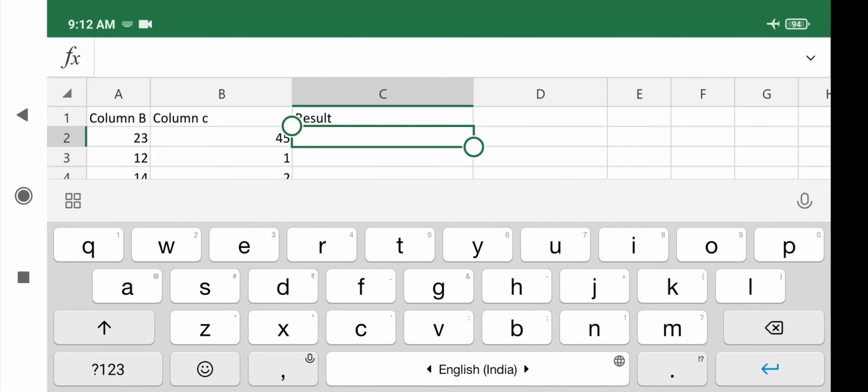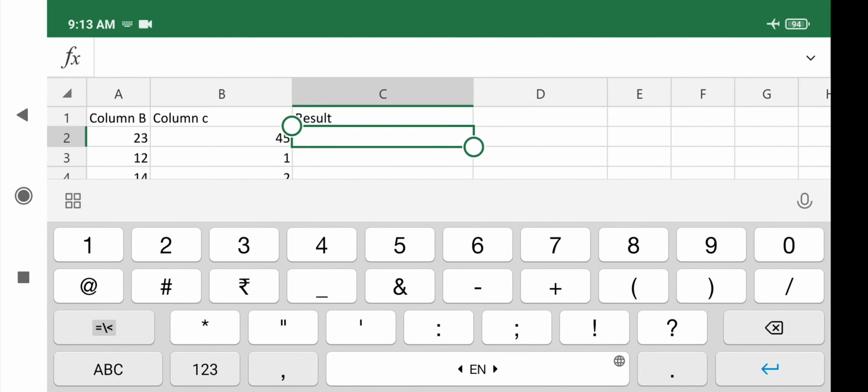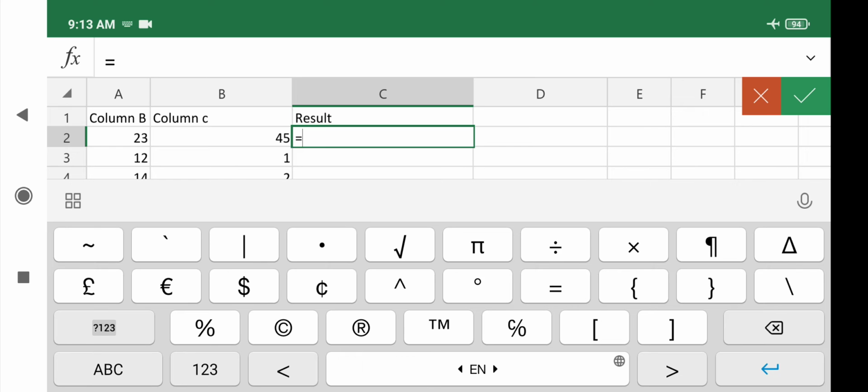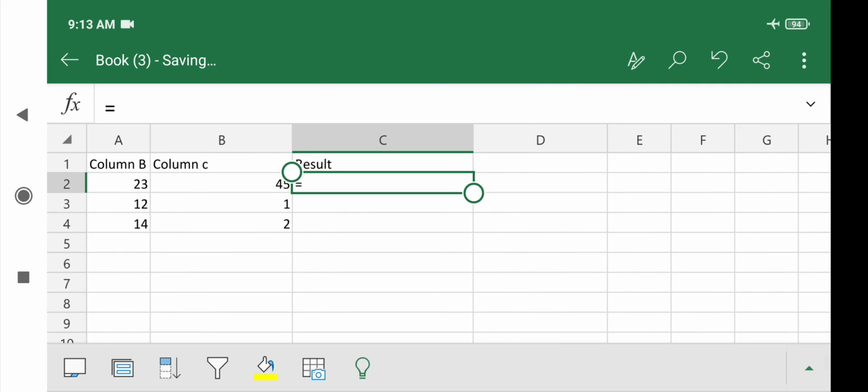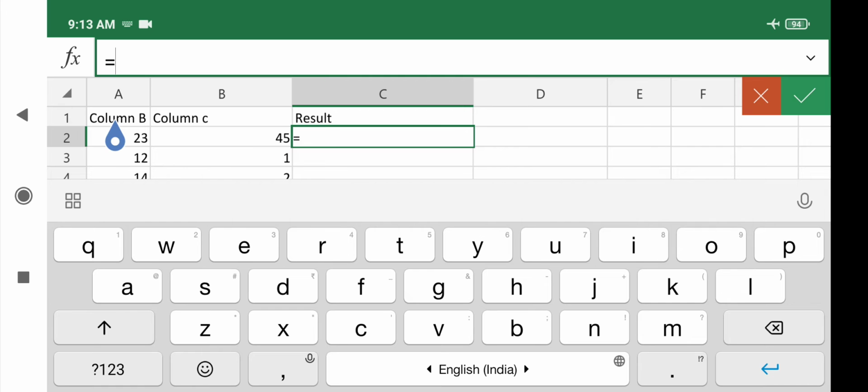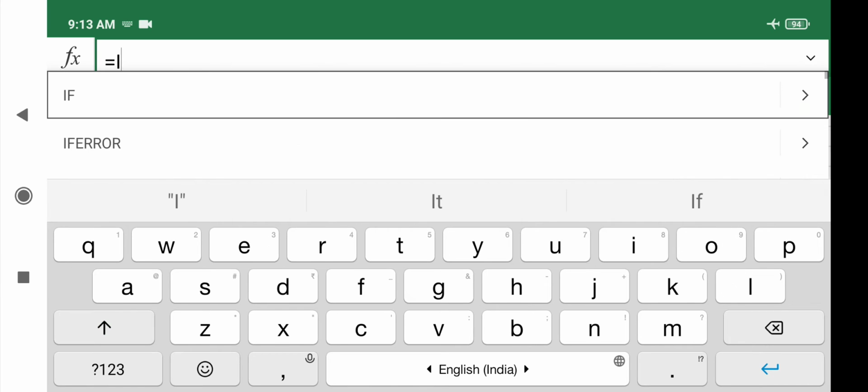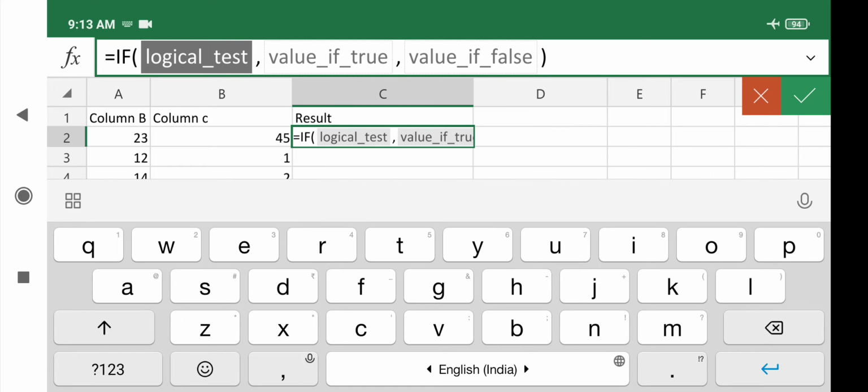Now we're gonna start with the formulation part. To do the formulation, first of all we need to put equals to sign, that is mandatory, then tick mark on it. Then you have to go here and check which one is the bigger one. So for that reason we have to write IF condition check. If I write I, then automatically the IF operator is coming, its syntax is coming. Logical test means condition you have to give, then comma, that is true statement, then comma, it's a false statement. Automatically it's showing you how to write it down.